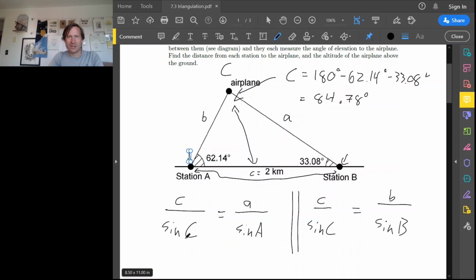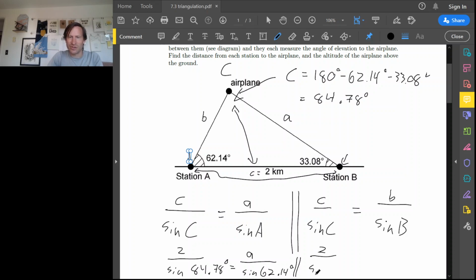Okay, so side length c is 2 over sine of 84.78 degrees equals side length A over sine of 62.14 degrees. And then for the other one, we again get 2 over sine of 84.78 equals b, little b, which we don't know yet, over sine of